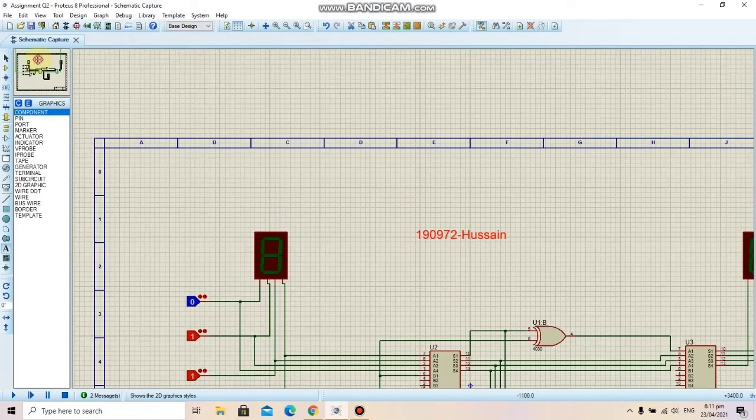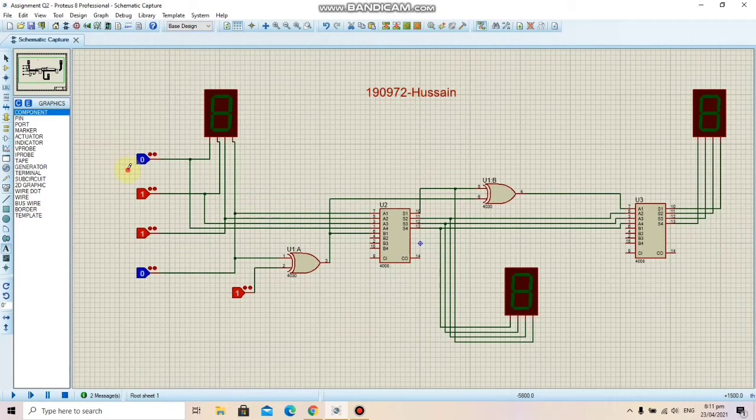Here I am taking a 4-bit input from the user. For example, I am taking 6 as an input. We know that even and odd can be determined by the least significant bit, because it has a value of 1.